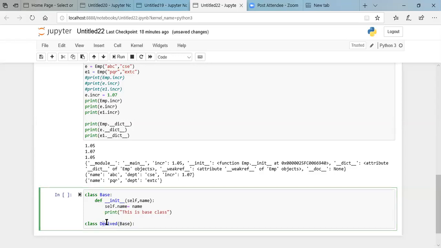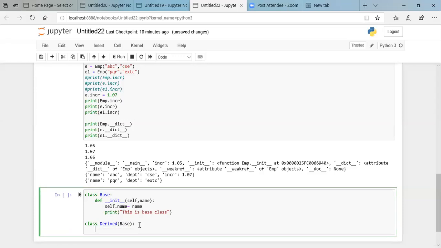This new class derived is inherited from the base class. And I'm having a constructor of this own class, the derived as well. Self.name.